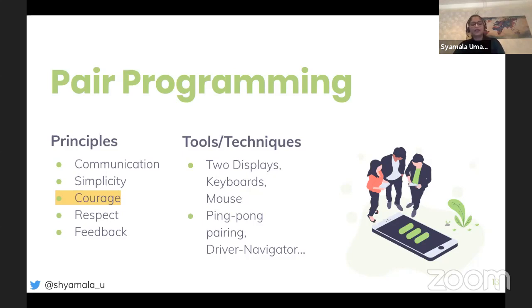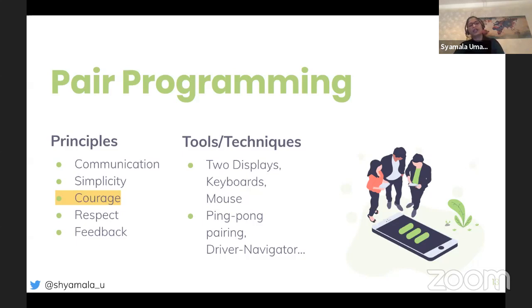So if there is something happening in the product, a bug or something, normally the team automatically comes together and takes ownership rather than asking whose responsibility it was, as everyone feels responsible for the whole product and the code base that the engineers are maintaining.